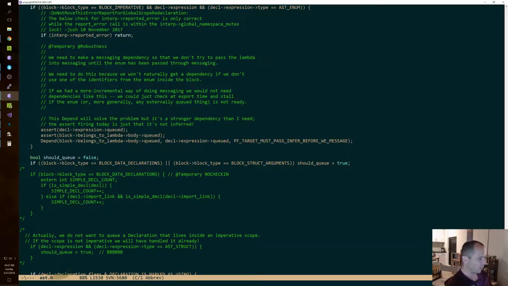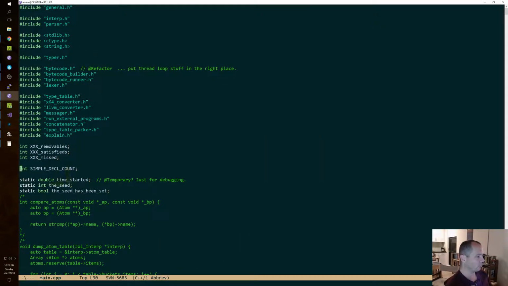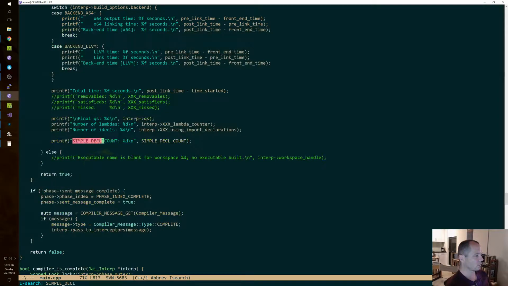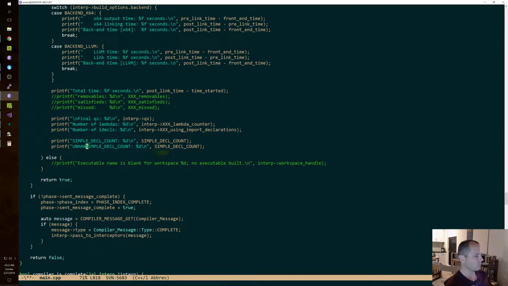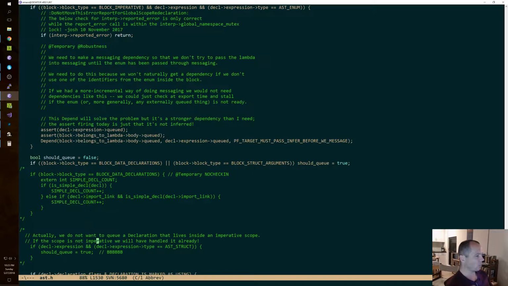So let's add, I said that I was going to count the enums. So int unhandled, we're going to print that. Now we're going to go here and we'll leave the no check in because if this is a disaster, we don't want to check it in. So if it's a simple declaration, then the